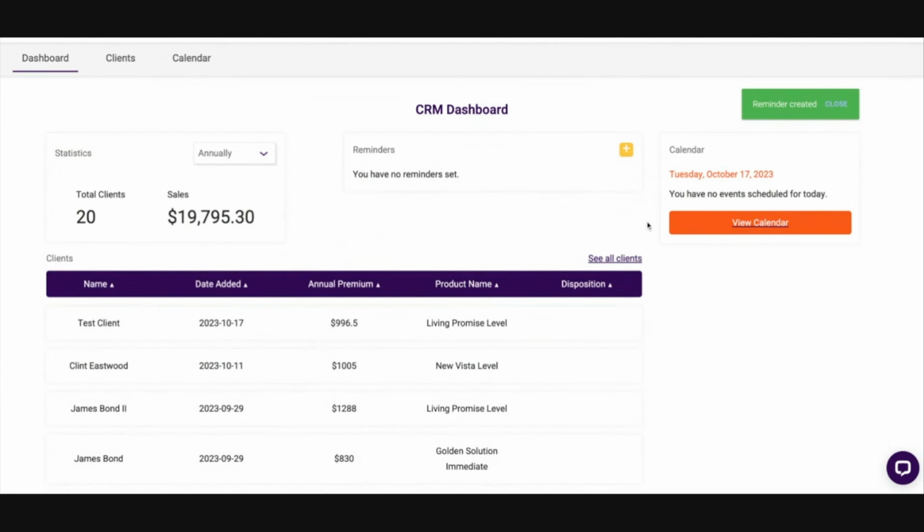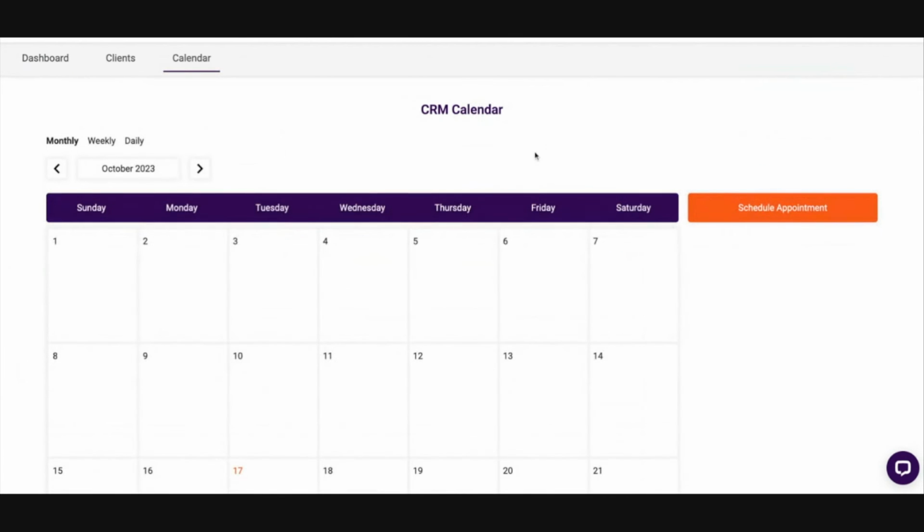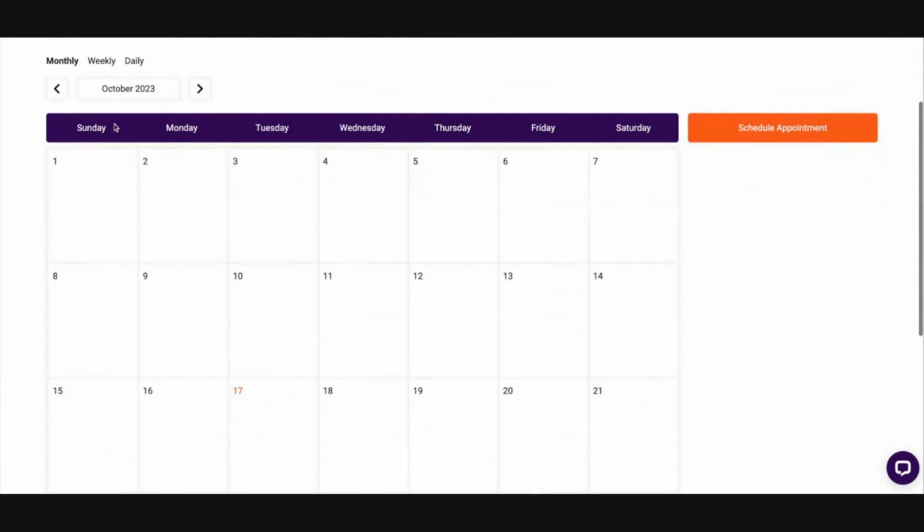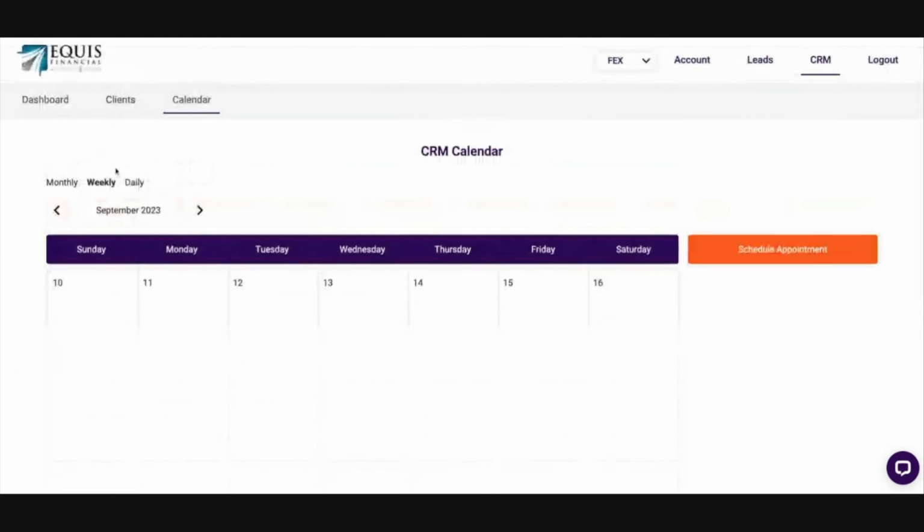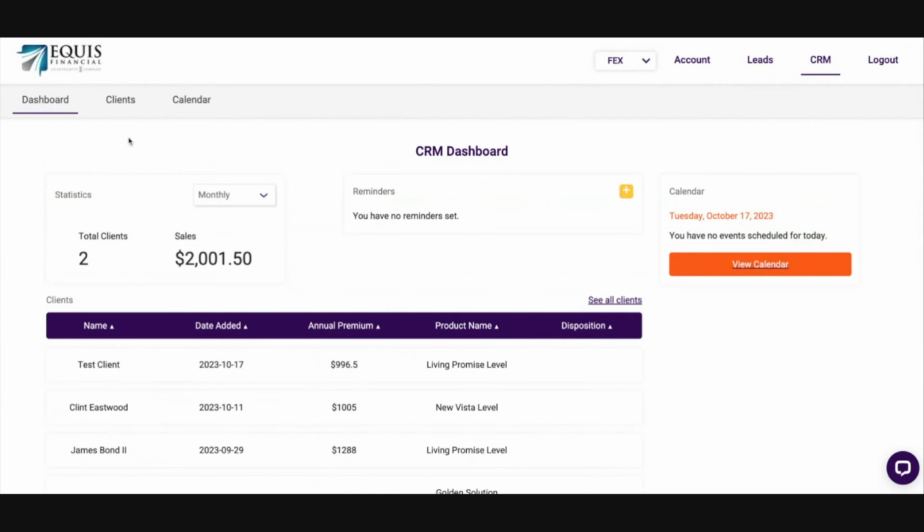You can delete them at any time. You have a calendar that you can view any sort of events or anything that you have coming up, any sort of reminders or appointments. You can kind of look back in time as well on a monthly, weekly, or a daily basis, depending how you look at it. And then, of course, if you click over here to the Clients tab, this is where